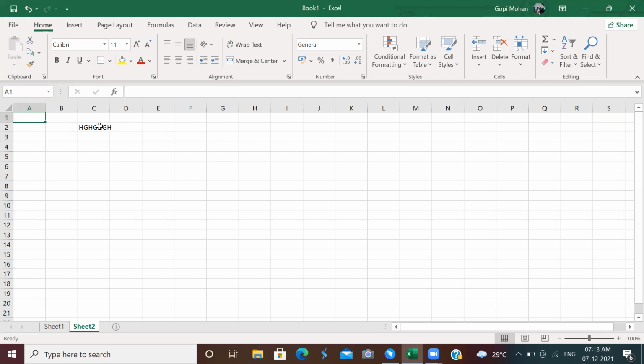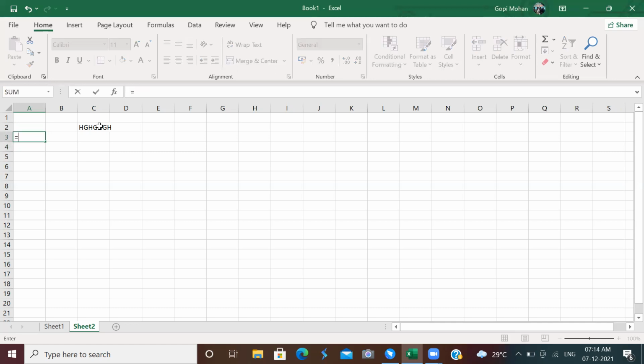Next, let us see range of cells. What do you mean by range of cells? A range of cells means a block of adjacent cells in a worksheet, which is highlighted or selected, is called a range of cells. Suppose when you are writing in your notebook, how will you write a range? Equal to, 1 to 10. Manually you have to write the range in your notebook.